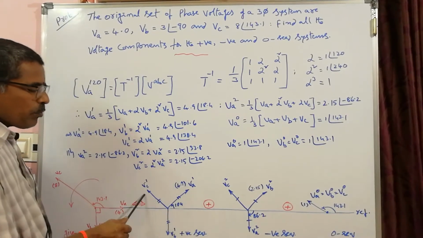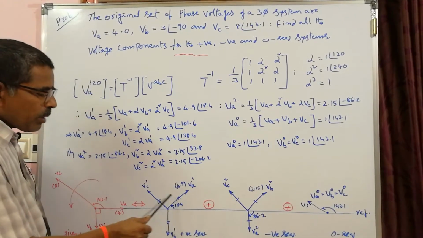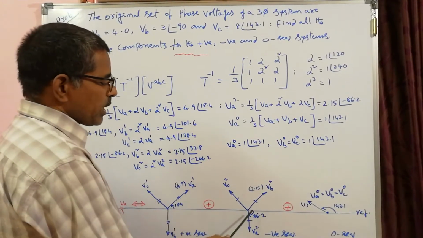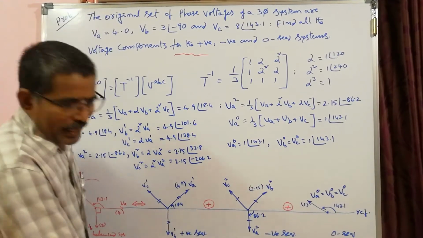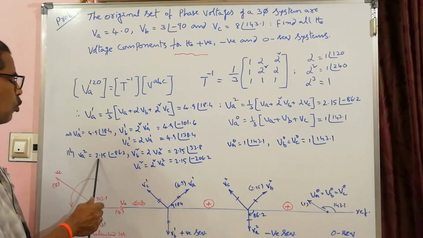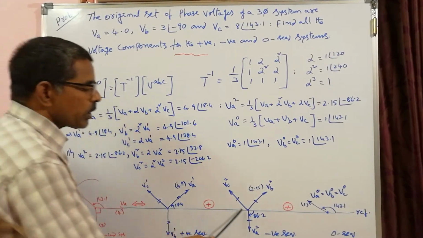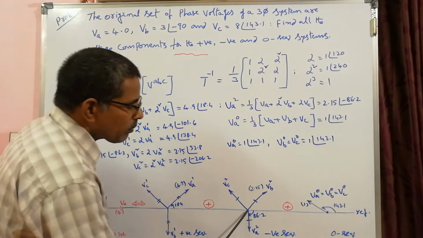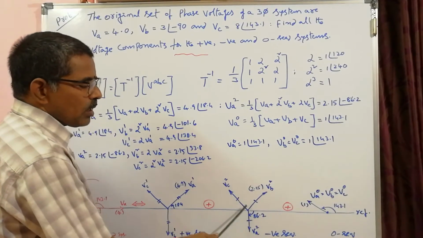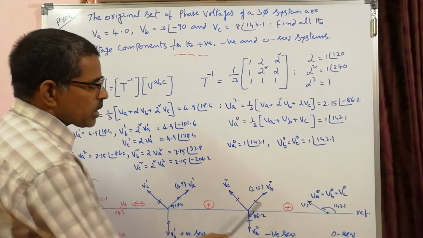So VA1, VB1, VC1 is a balanced set, which means their interphase angle is 120 degrees and their magnitudes are the same as we calculated. Then go for the second set, the negative sequence set. This is the positive sequence set. Negative sequence set is VA2, VB2, VC2. VA2 is 2.15 angle minus 86.2. So minus 86.2 with respect to this, you project 2.15. Each is 2.15, all balanced with the same magnitudes. So VA2 is 2.15, lagging the reference by 86.2.